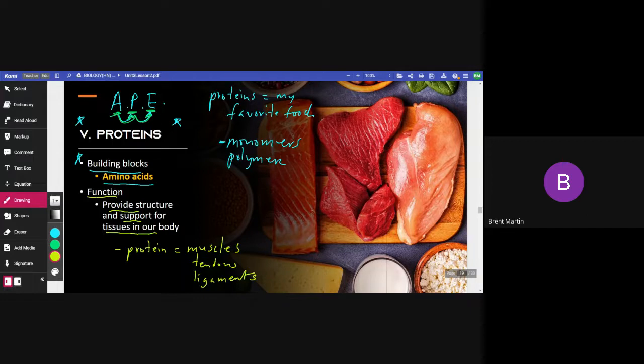Now think about it this way. Y'all know in gym or in the weight training class, you go and work out. What type of shake do they have you drink after you work out? A protein shake, don't they? Why do they have you drink a protein shake? Well, what are your muscles made of? Protein. So that protein shake helps repair your muscles, and it helps them grow.